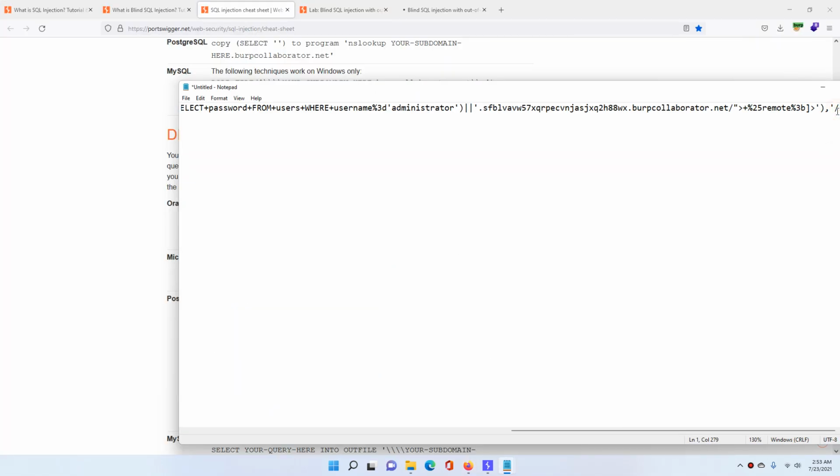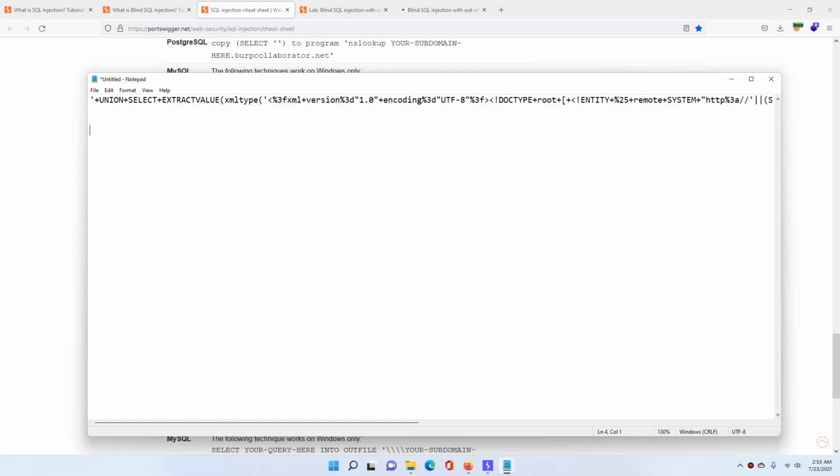Select password from users where username equal to administrator.